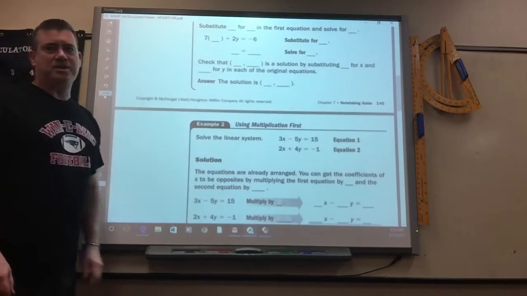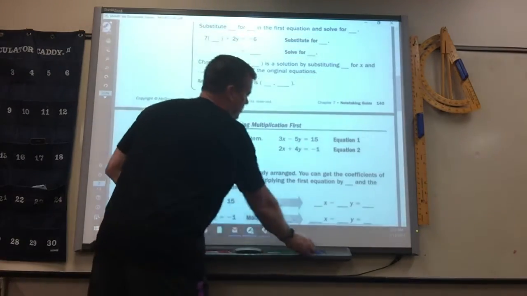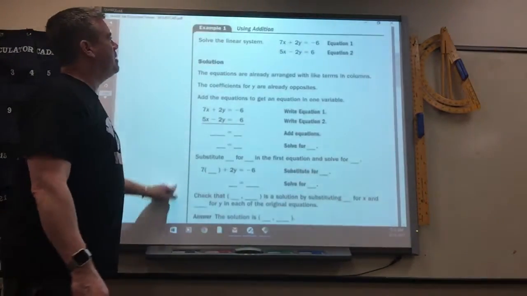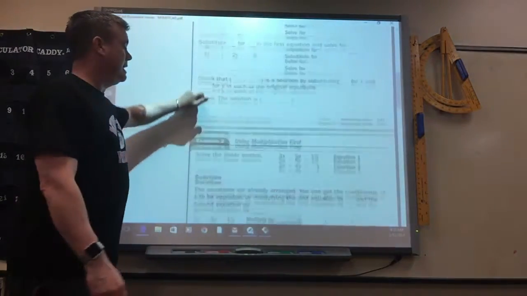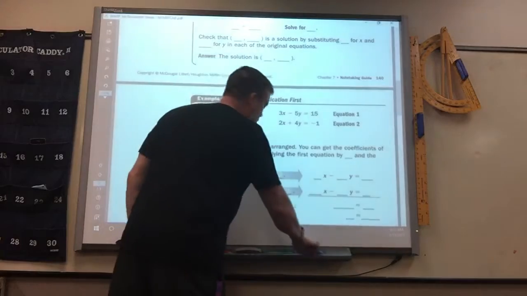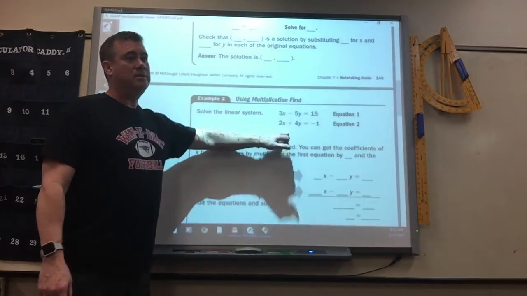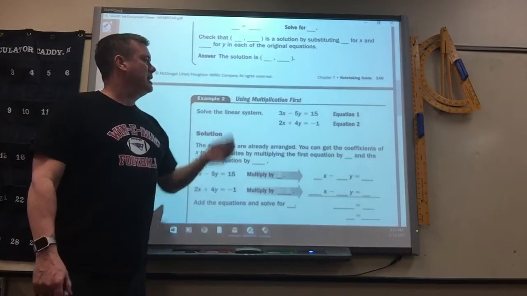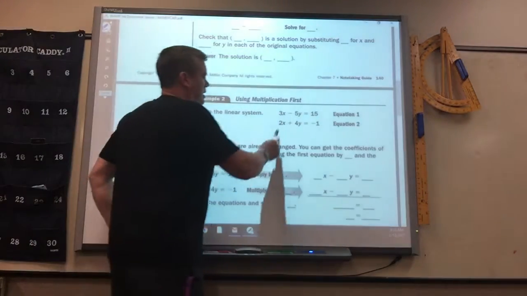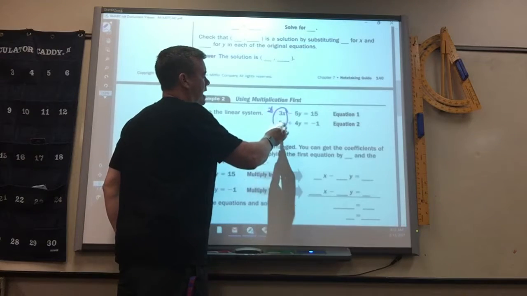Today now, it's the same thing. It's just that in the system of equations, they might not match up. They might not have the same number in front of them. So, what you have to do is change one of them, doesn't matter which one, or both of them, to get a number to match up. This one, there's options. I could try to match these two up by taking this times 2 and this times